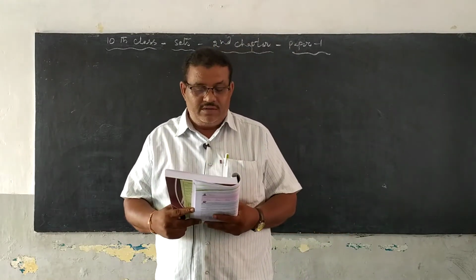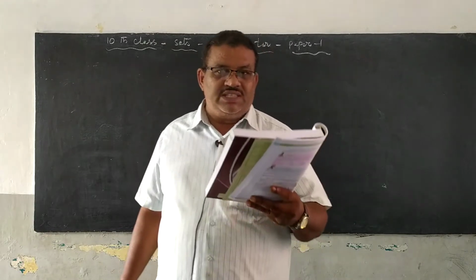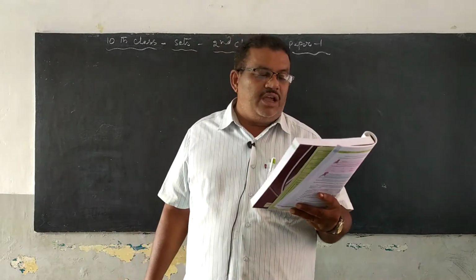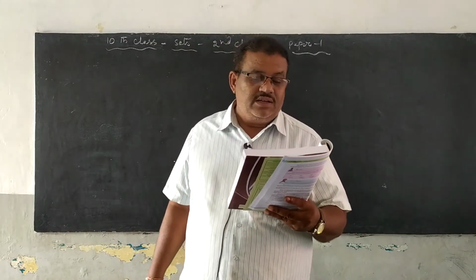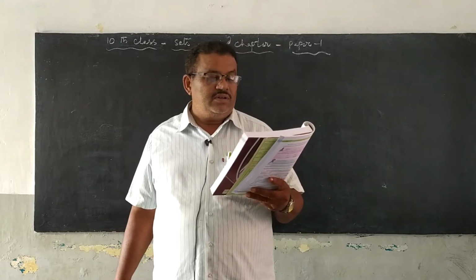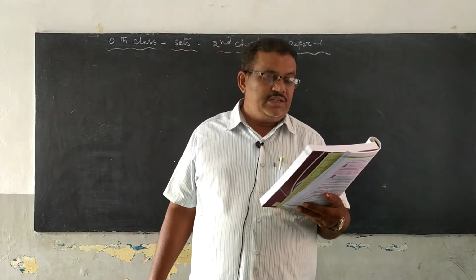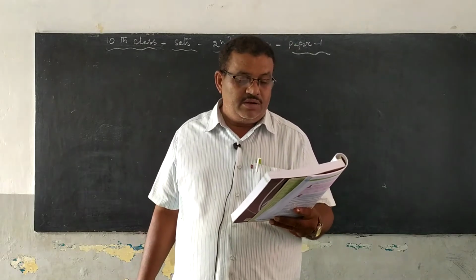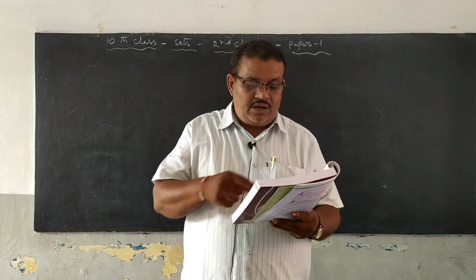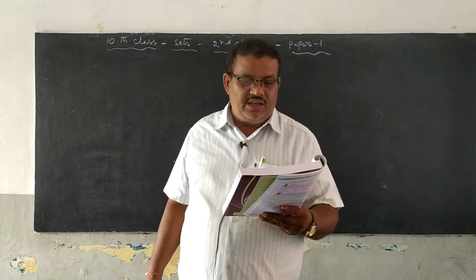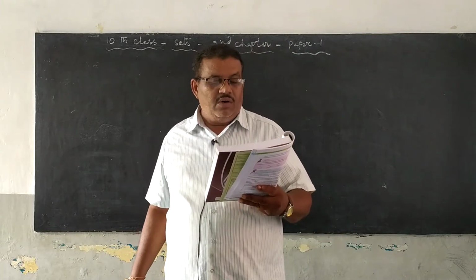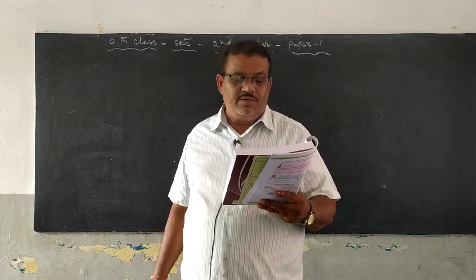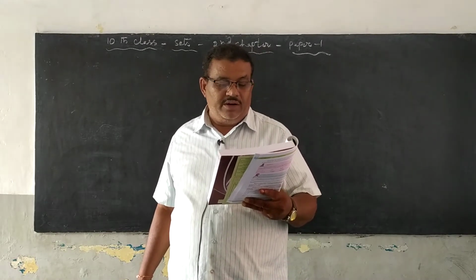Okay children, the first question in the Do This is, list the elements of the following sets. The first question, Z is equal to all the factors of 20. Oh, we already discussed that in the last class, I think. Now we are going to discuss the second Roman; that one also we completed.